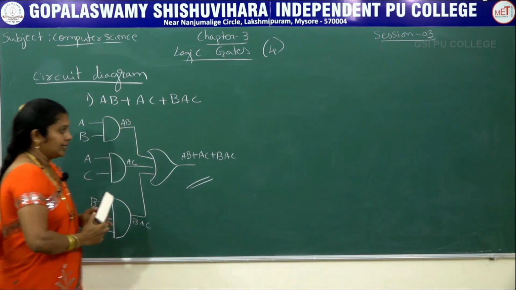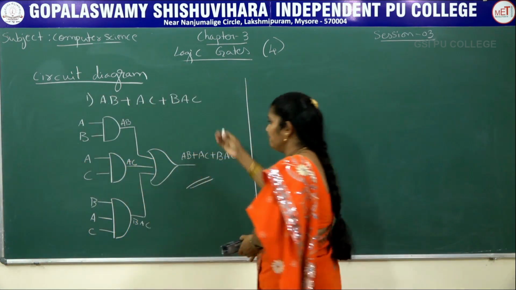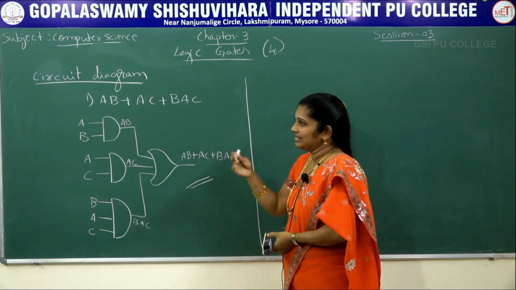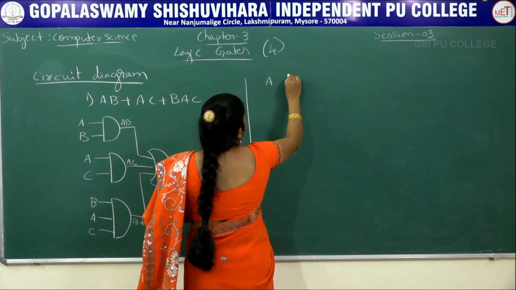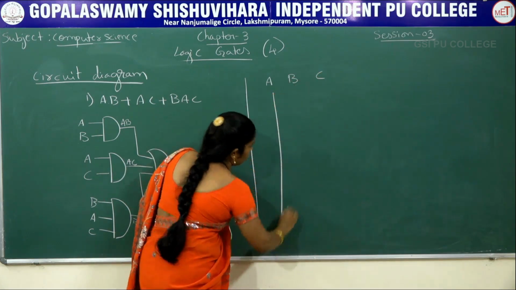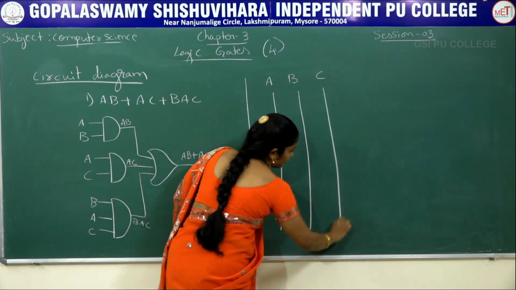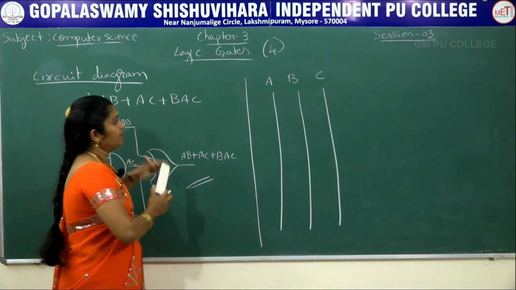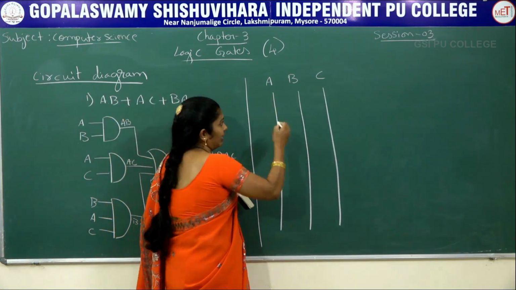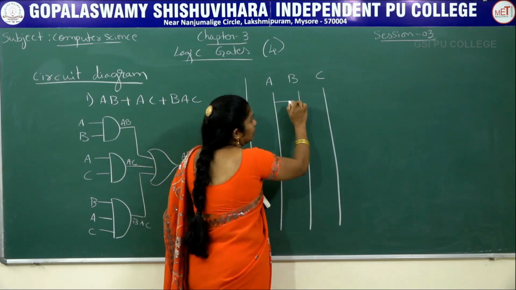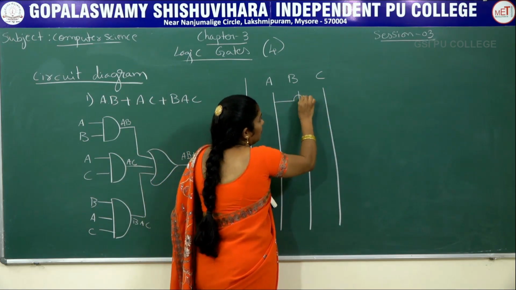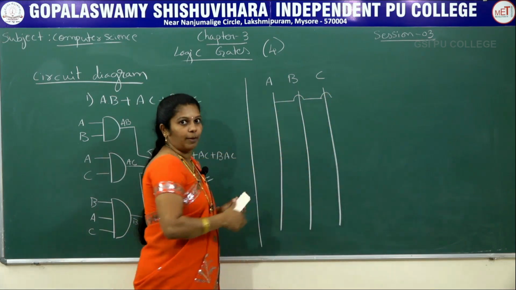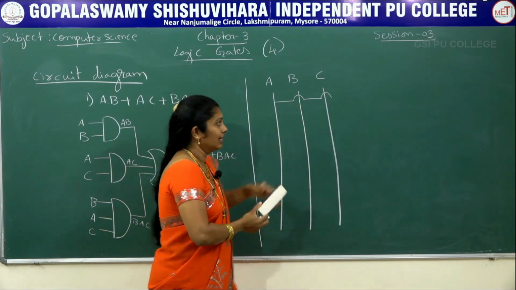That is one method. In another method also you can write the circuit diagram for the same expression. How many variables do we have here? A, B, C. Write down A, B, C, and draw one line for each. See the first part. What do we have? A into B. From A take down one variable A. But here don't cross the line directly. Here you have to put a circle or a curve to cross the line. It means that it is not connected here.